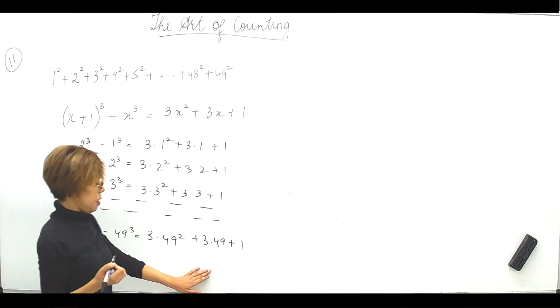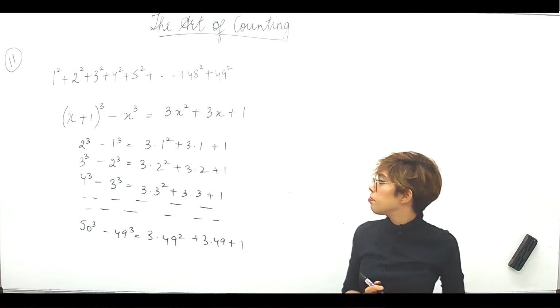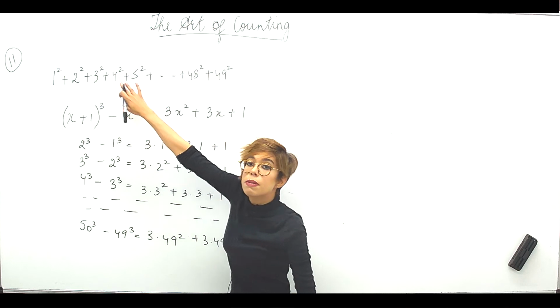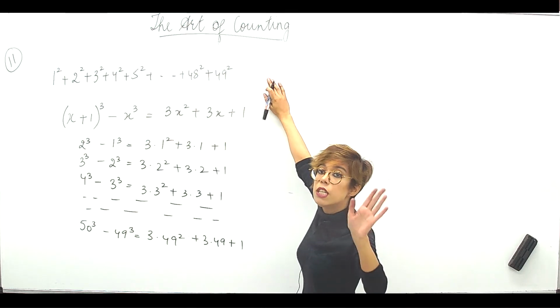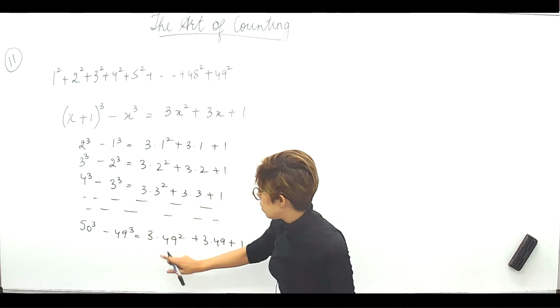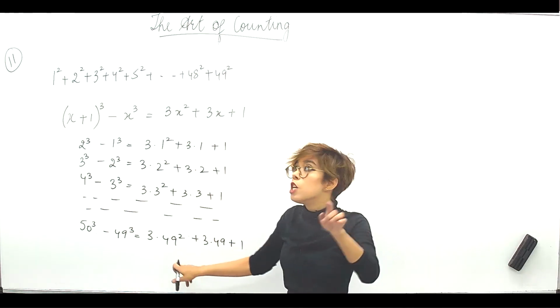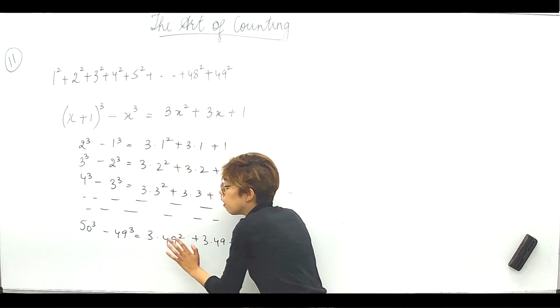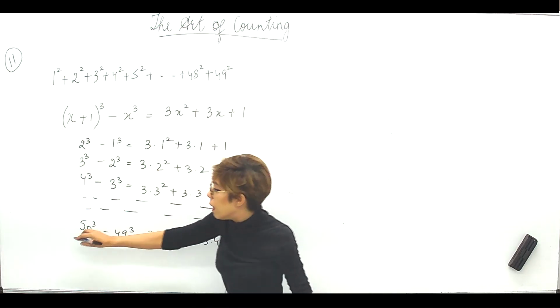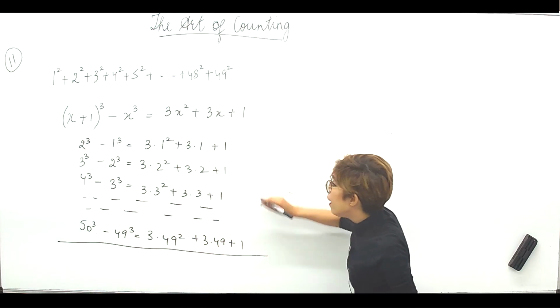Now tell me, what should I do? I think it is quite clear. What did I need? 1 square plus 2 square plus 3 square plus so on till 49 square. So I have these terms over here, and I need the addition sign. So what I can do is I can add all these